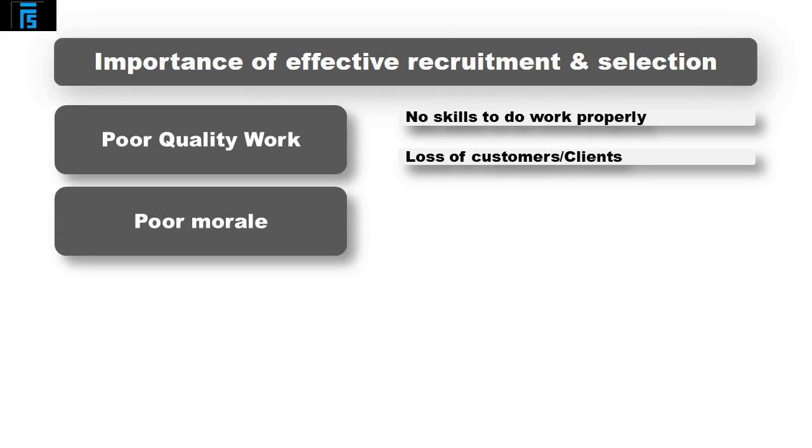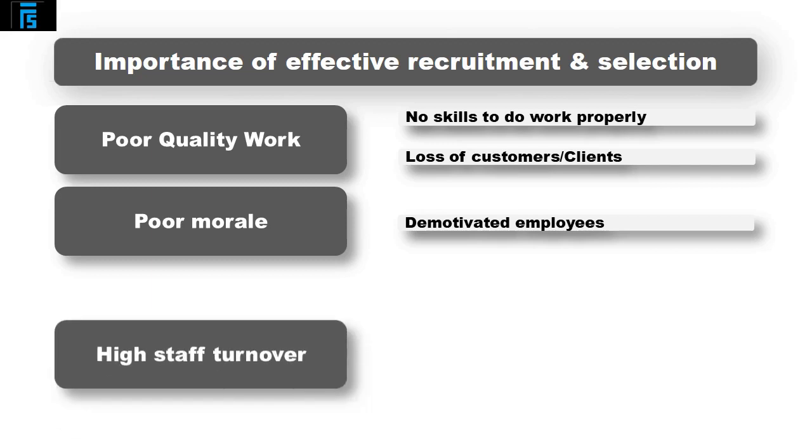People who are not particularly good at their jobs often don't enjoy those jobs. We will see later on during the course that this can affect their work colleagues. Now, some of you may have been in this situation yourselves, where you are with somebody who is not particularly good. They show that, everybody else perhaps is affected by that, and it ends up upsetting everybody. So if we get a poor quality worker, then not only will their own work be poor, but they could also affect other people. The third one, high staff turnover.